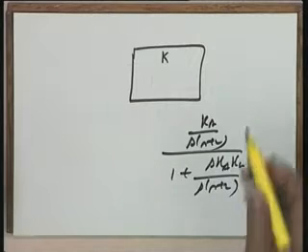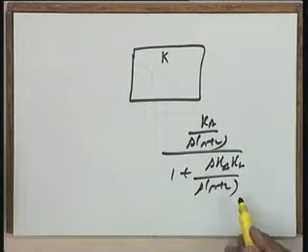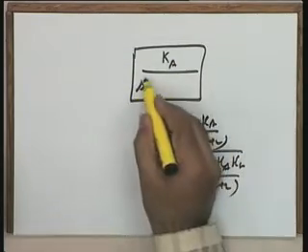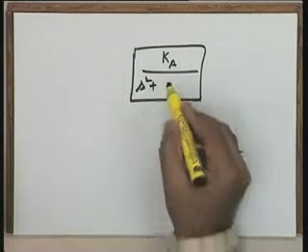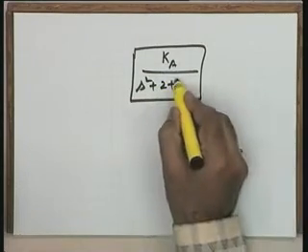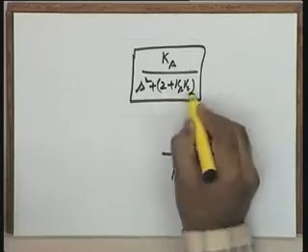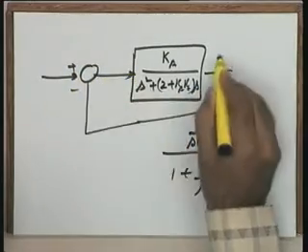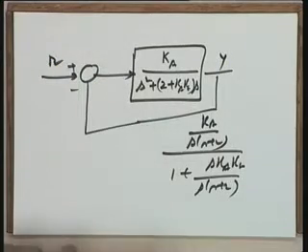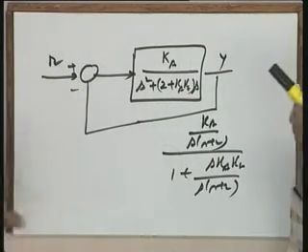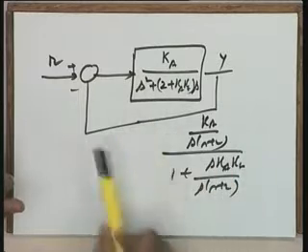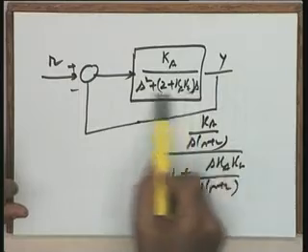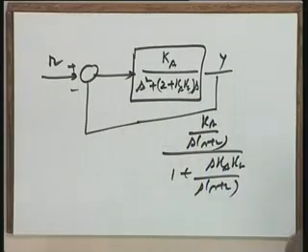So this gives me G(s) over 1 plus G(s)H(s). This gives me Ka divided by S squared plus 2S plus 2 plus Ka Kt into S. I hope this is okay. In case of error, please do help me. Y over R, I have resolved this into a single loop configuration. Inner loop has been resolved, and resolving the inner loop I get this as the equation Ka over S squared plus 2S, this S damping term I have added to this, so that this becomes the overall configuration of the system.